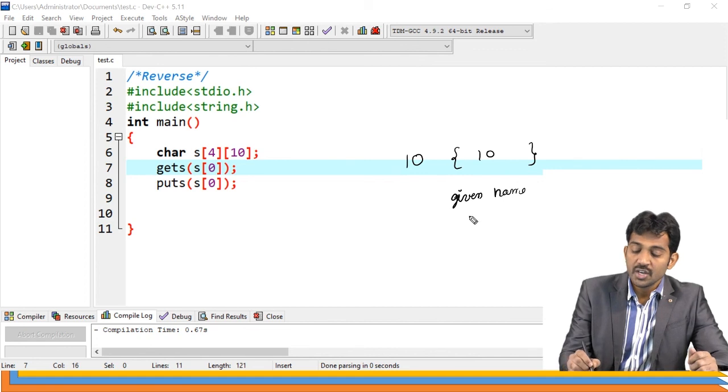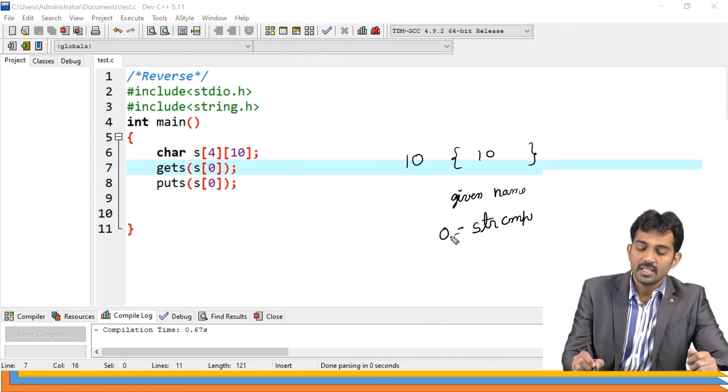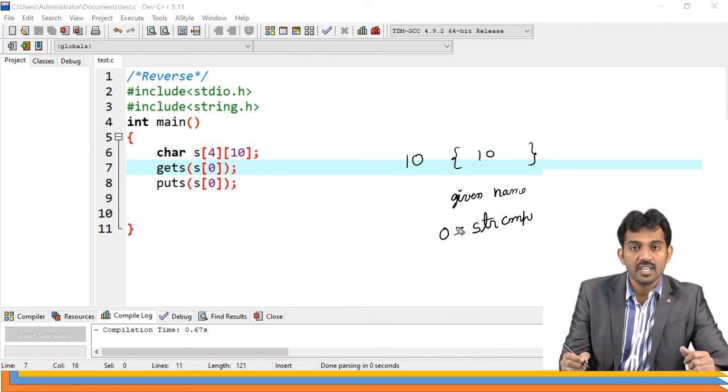How are you going to check? Using the string compare function. Already you have experience, right? Where the string compare function gives 0, then the string exists. Otherwise, the name does not exist. Try to write that code. I'm going to explain that code in the problem discussion section.